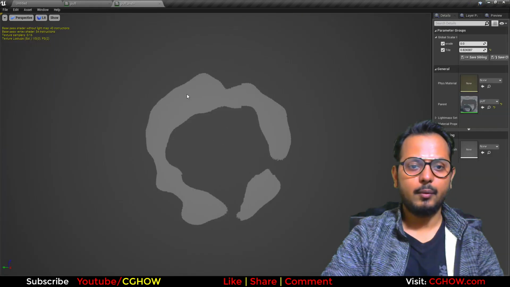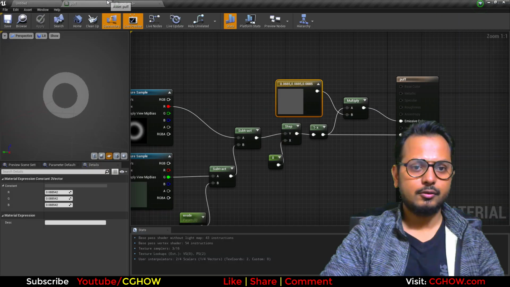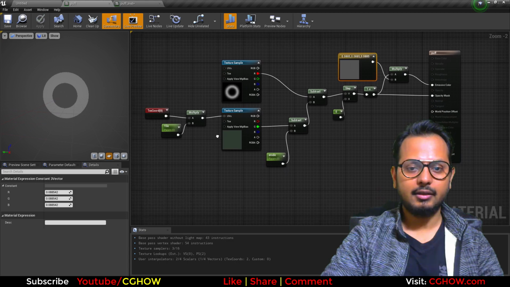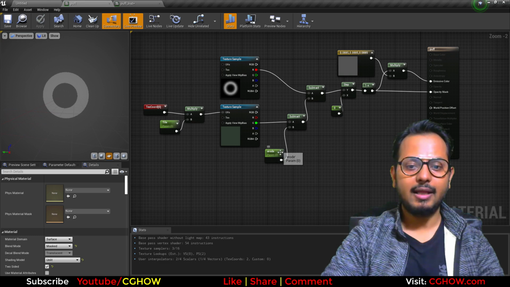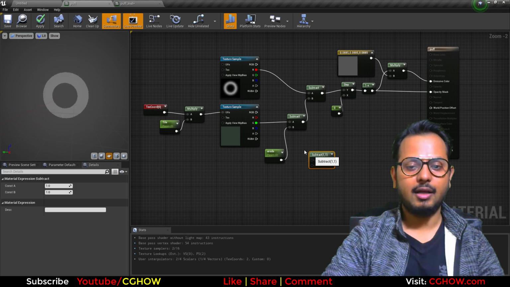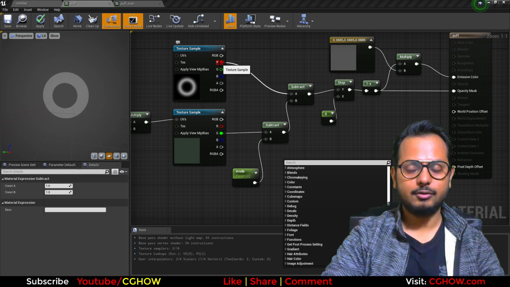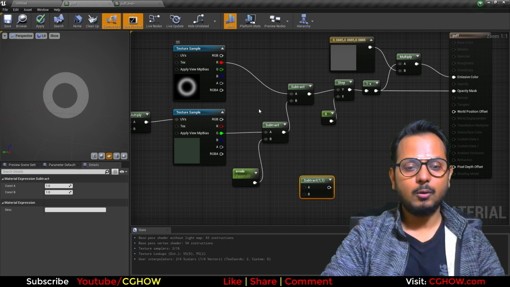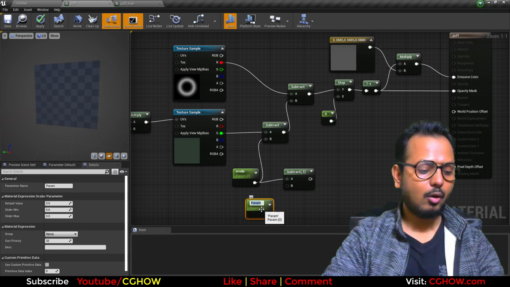Now it's dark. Now I need something white on this and smaller from this, like this one. White part is smaller than gray part. So for that I need one more subtract. I need the lesser value than this. If you watch my tutorials, this is how I make the edge glowing on any character when they destroy or dissolve. So now I will subtract some value, that will be my offset,